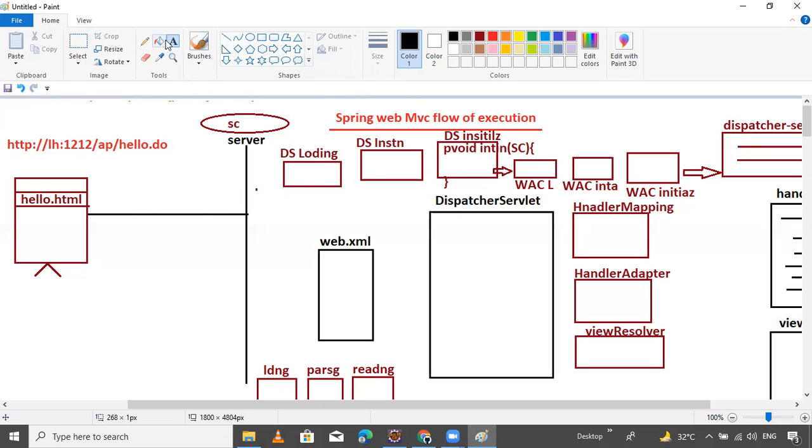But what is that protocol? Protocol is nothing but the simple protocol called HTTP.